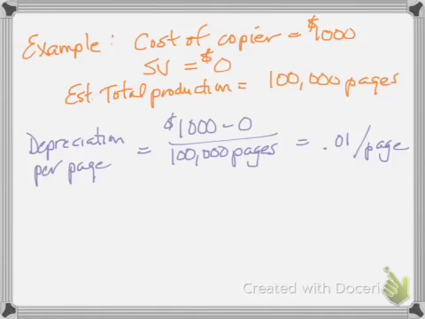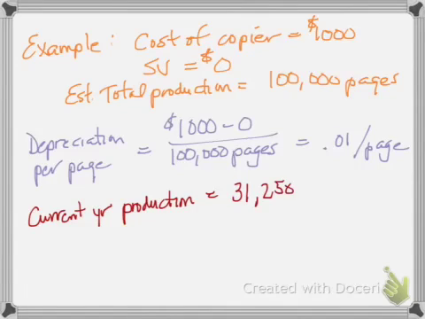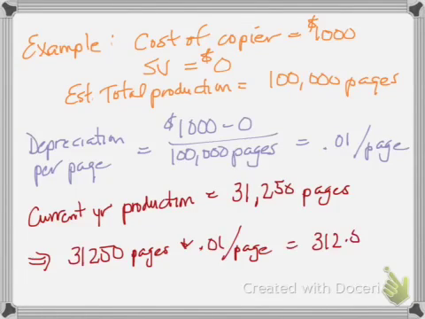And we can say then that we would be depreciating the cost, or writing off the asset's cost, at a rate of a penny per page. Then at the end of the year, we look at how many pages of copies we actually made with this unit. And if we produced 31,250 pages for the year, you would take that amount, multiply it by a penny per page, and we would say depreciation expense per year is